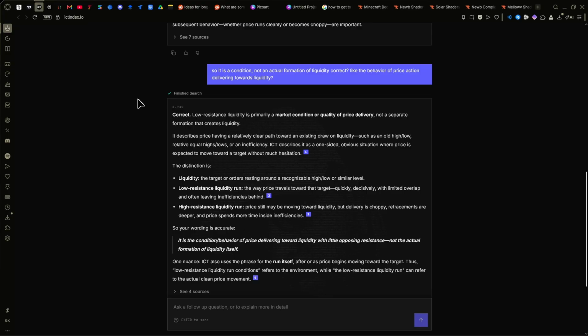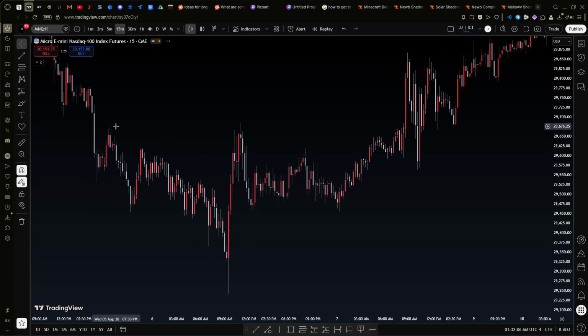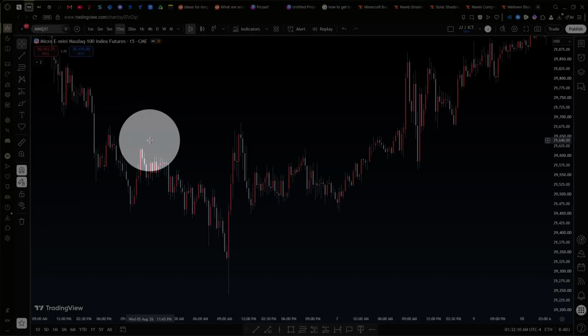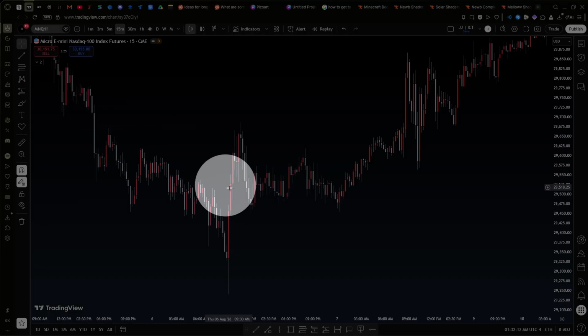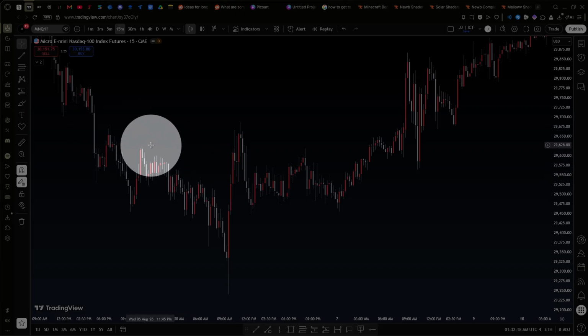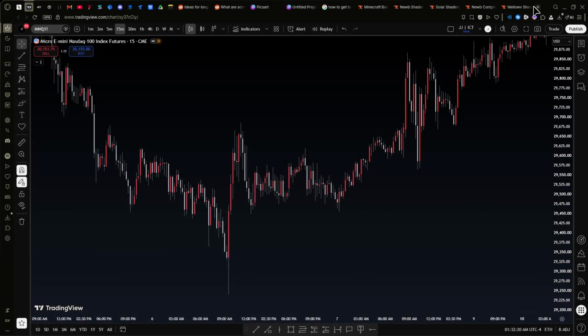Because when it comes to certain teachings, in which this is required for this teaching, there are so many people that say low resistance liquidity is a thing. Like I said earlier, they would sit there and mark this as low resistance liquidity and not even know that all it is is just a bunch of highs built up. Simple as that. It's just a bunch of buy side liquidity. There's no such thing as low resistance liquidity. Do you want me to prove it to you?